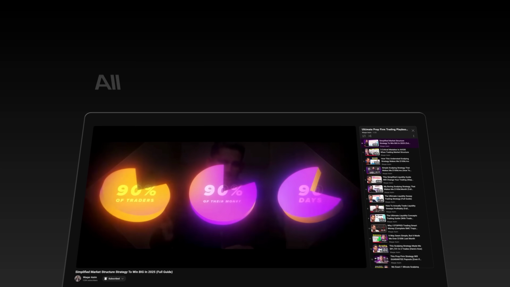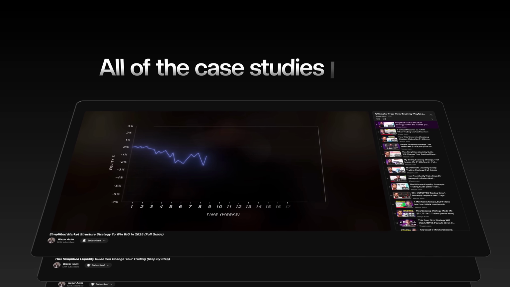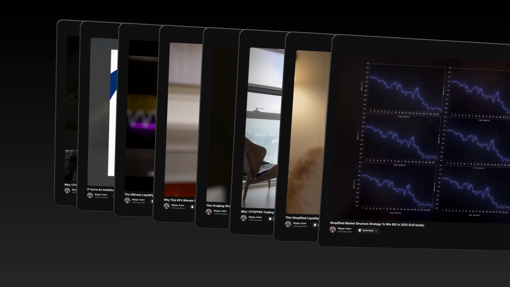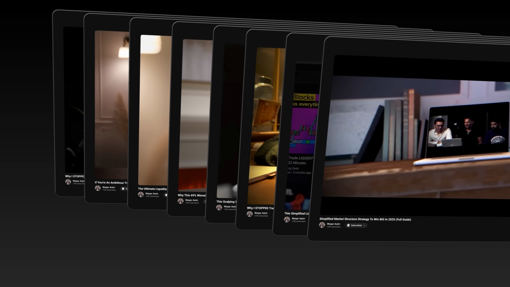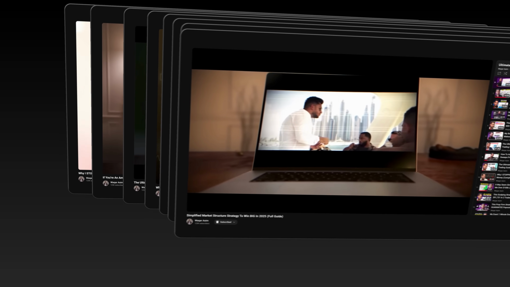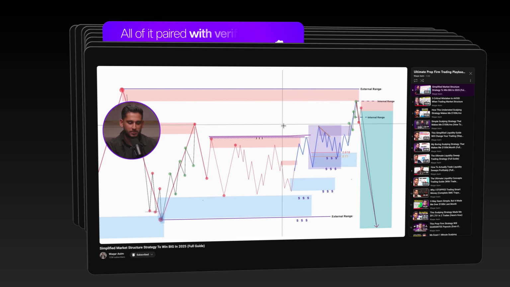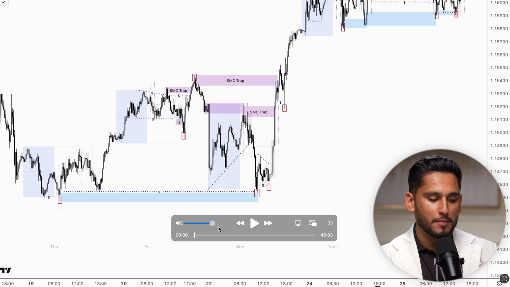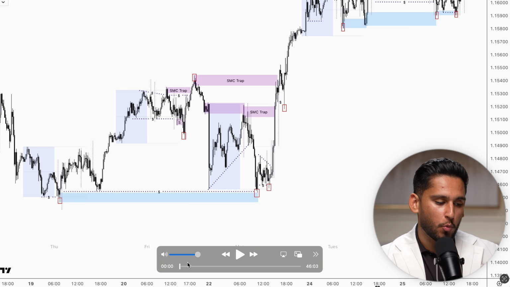And additionally, all of the case studies that I think are relevant to solidify each concept, whether it's a specific trade I took, win or loss from my public signals, or it's a 1-hour walkthrough on the 1-minute time frame, candle by candle, showing you all the trades I took for 2 weeks, wins and losses. Of course, this is paired with verification, so you know this is information you can trust and actually a working profitable strategy. But from one of my previous videos, I want to show you exactly that walkthrough, where we start